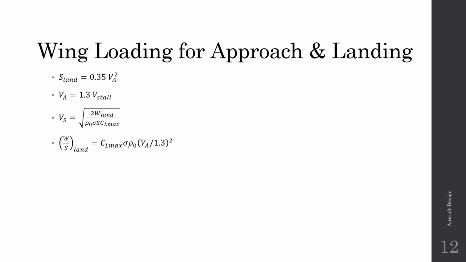Now I'll discuss briefly the wing loading for approach and landing. For approach and landing, we'll use a statistical relationship, which is that the landing distance is approximately equal to 0.35 into approach velocity squared. VA here is the approach velocity. So it has been shown that S land is approximately this. Now the approach velocity can be further written as 1.3 times the stall velocity. So approach velocity is approximately 1.3 times the stall velocity. And you know that the stall velocity can be written in this fashion. So Vs is,